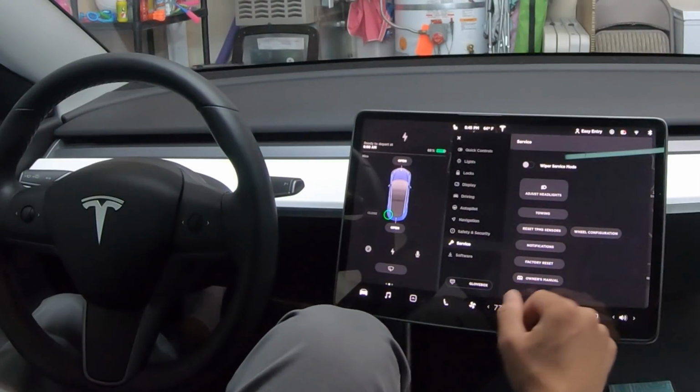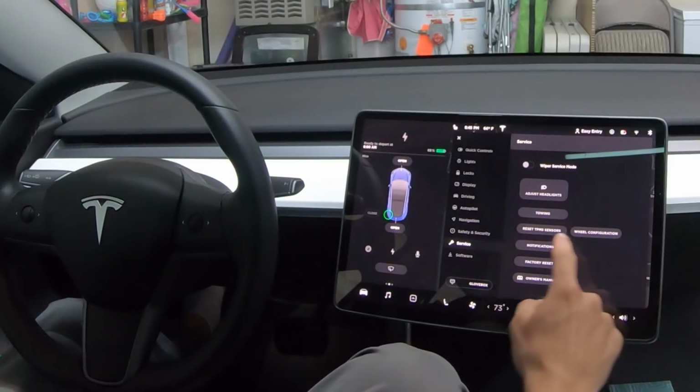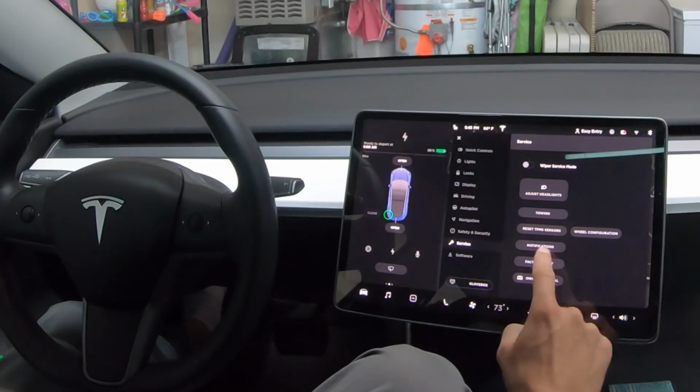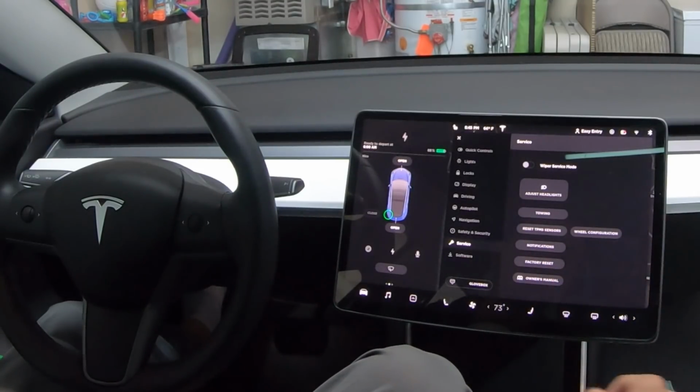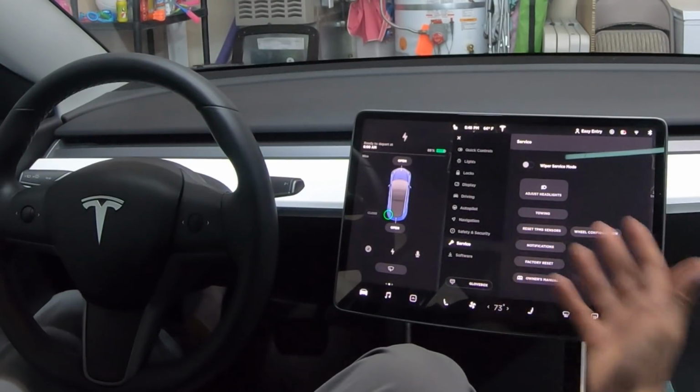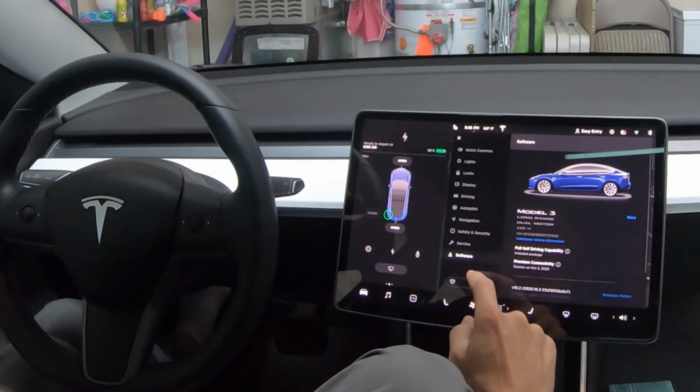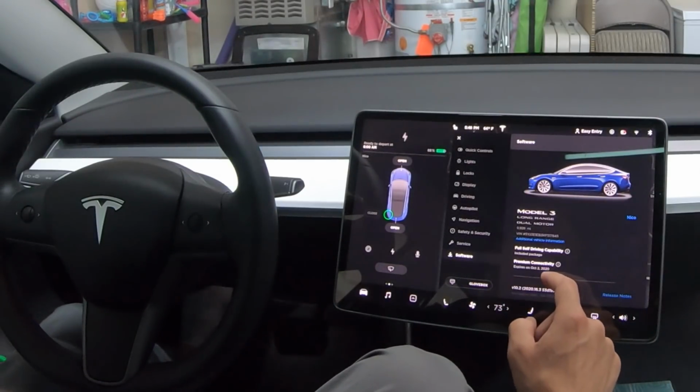You'd hit towing there. If you're putting new wheels on your car, you know, wheel configuration right there, notifications, factory reset back to, and then you got your owner's manual. So that's all available right there. And then the last area here is software, and this is what's going to tell you how many miles are